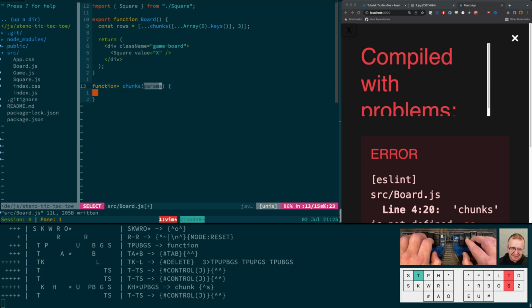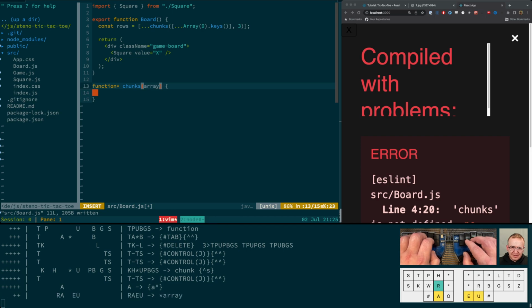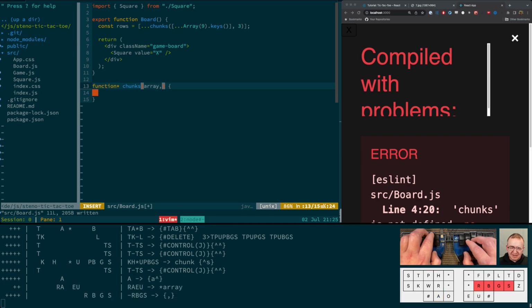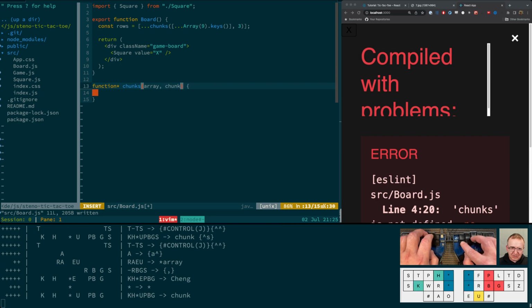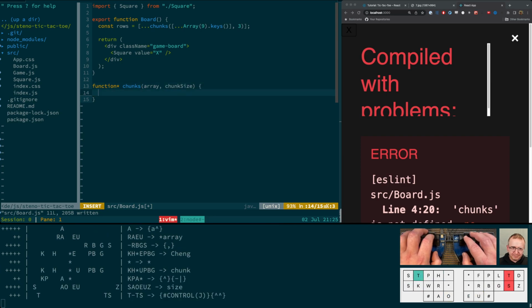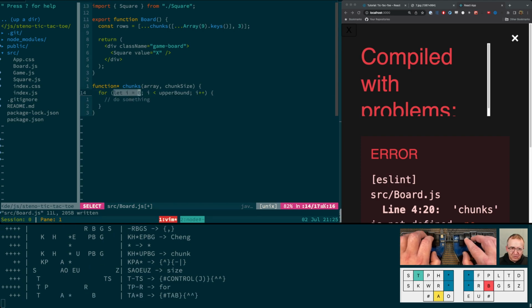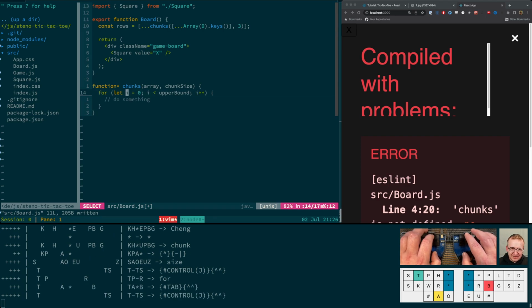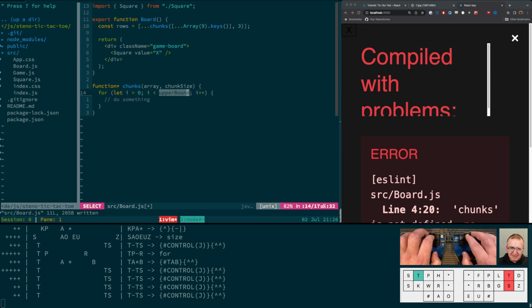And it's going to take in as parameters an array, and then also a chunk size. So what we want to do is essentially iterate over this array and then yield up a slice of the array of size chunk size. So I'll use a for loop to do that, and I'll do let i equals 0, i is less than the upper bound, which is the